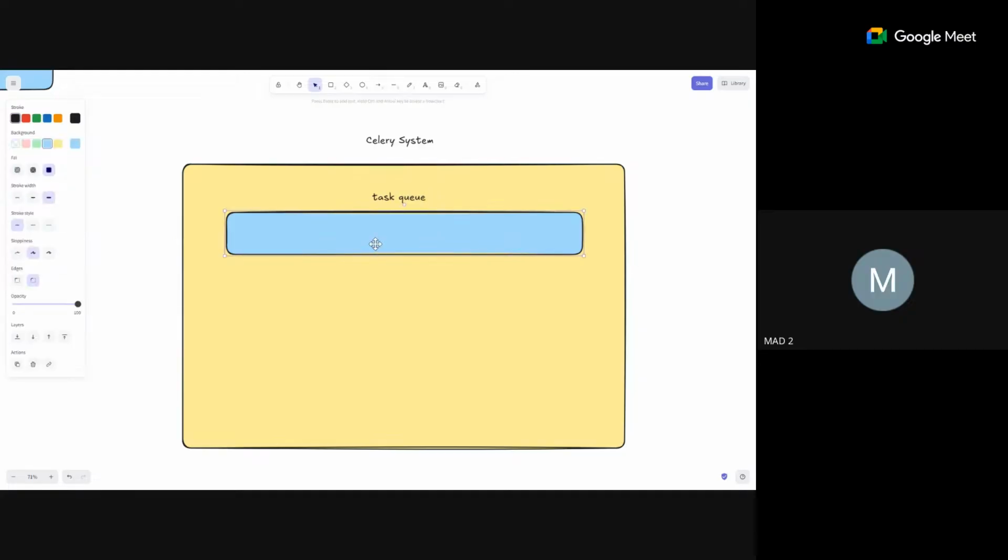Okay. This is called the broker. This is actually the message broker. Okay, so any task that comes here, a request will come here from Flask. Okay. Request, I would say basically a task would be a better name from here. A task will come here,